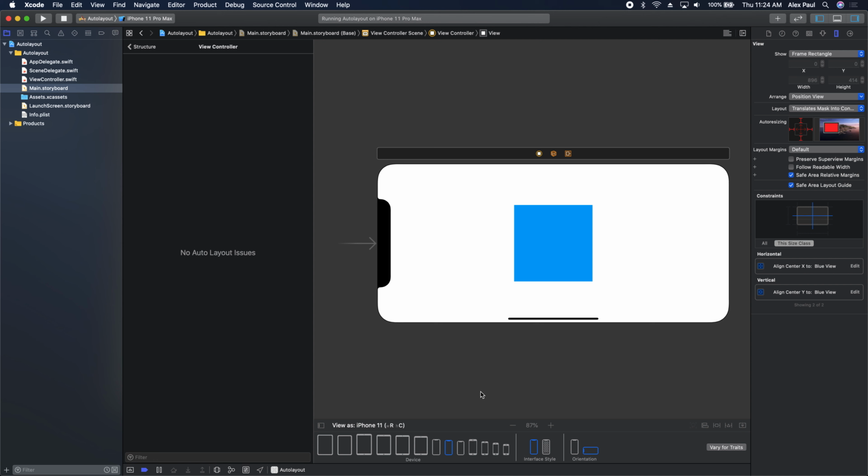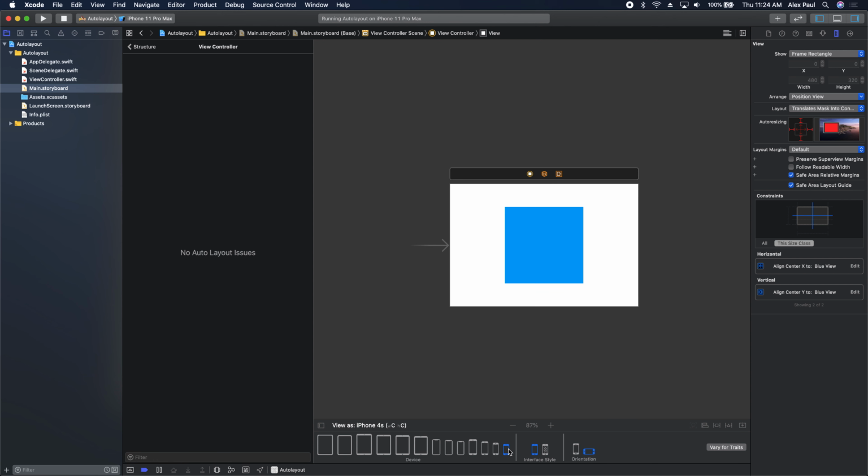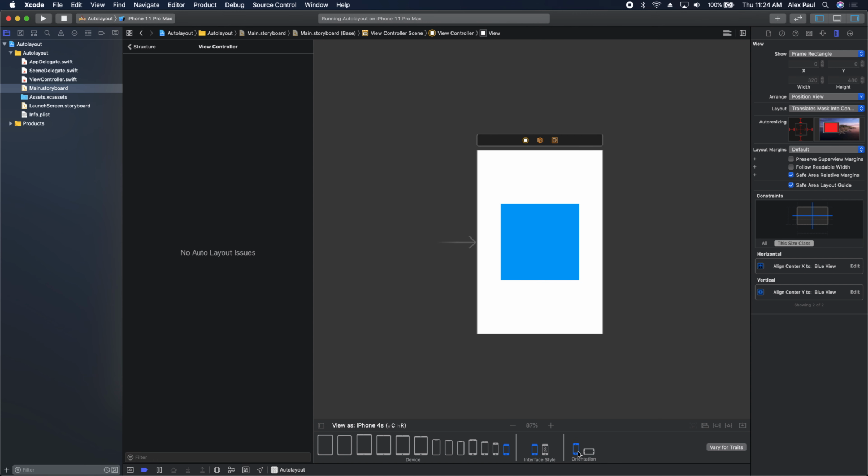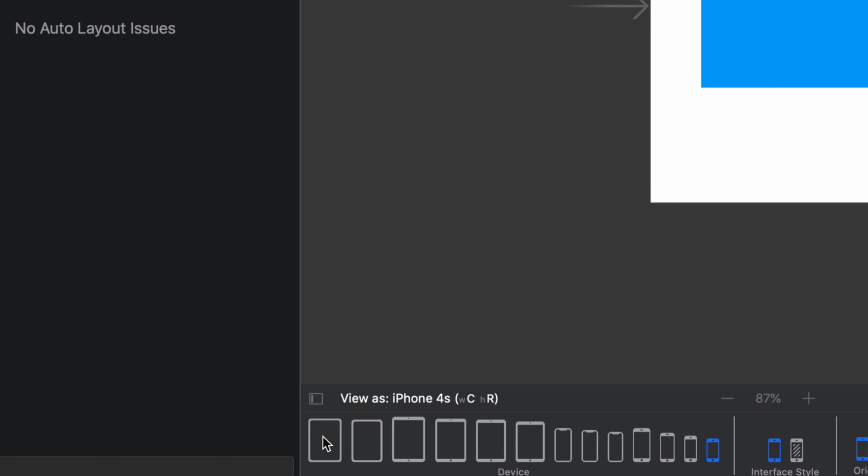I could stay here and change the device. I could change the device I want to see it on. I could go to the iPhone 4S, right? Still works. I could change the orientation on my iPhone 4S. Still works. I could go to the iPad 12.9-inch, which is the leftmost iPad here. I could click on it,